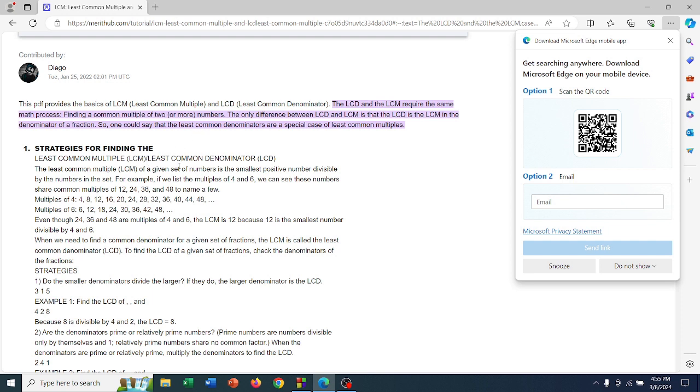Least common multiples. Does the code want fractions? No, no, that can't be it. The least common multiple of a given set of numbers is the smallest positive number divisible by the numbers in the set. For example, we list the multiples of 4 and 6. Yeah, it's,